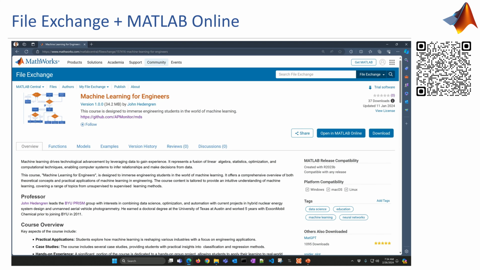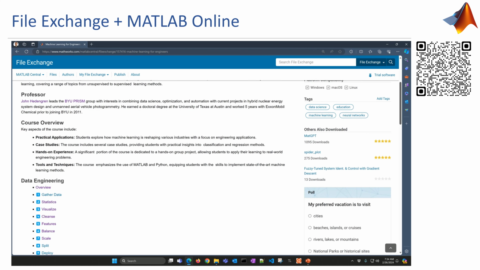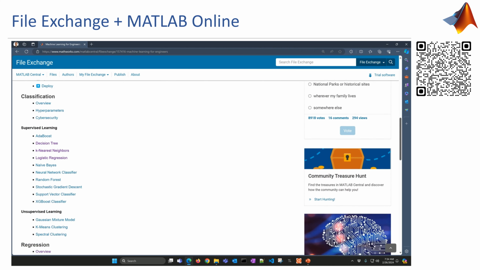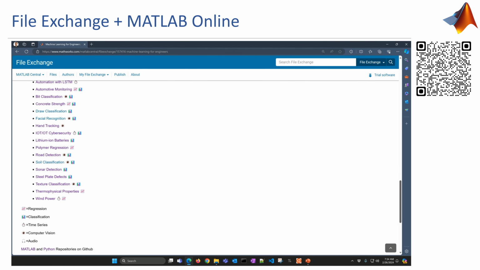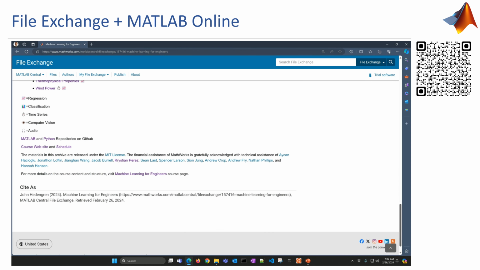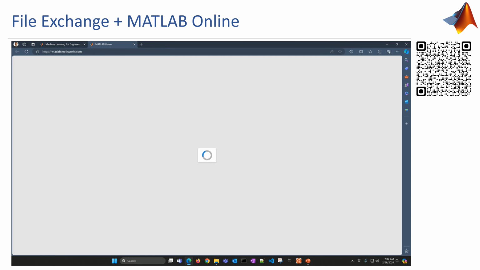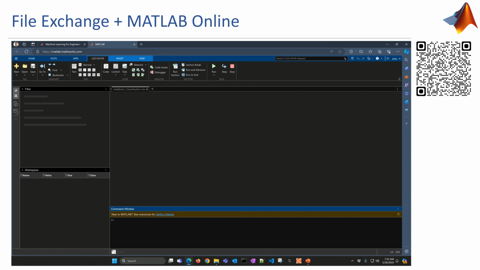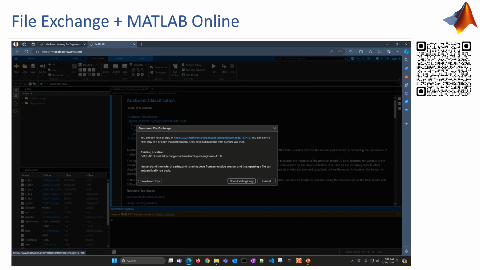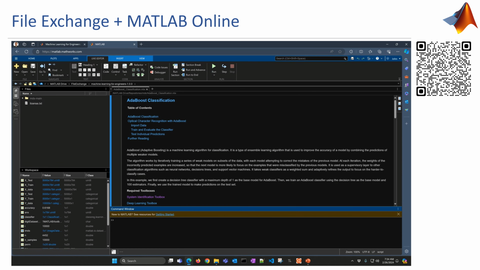So this is File Exchange and then also MATLAB Online. If you go to File Exchange, you'll see Machine Learning for Engineers. It'll bring that up. You can also visit the QR code there. You can also select Open in MATLAB Online. Now, if you have a MATLAB license, it'll open up all of these modules that you can run as live